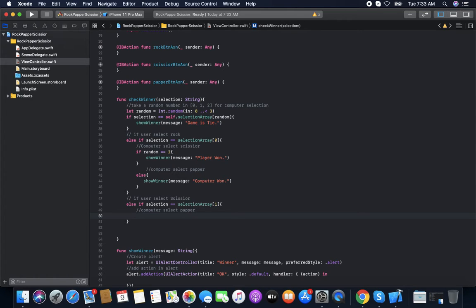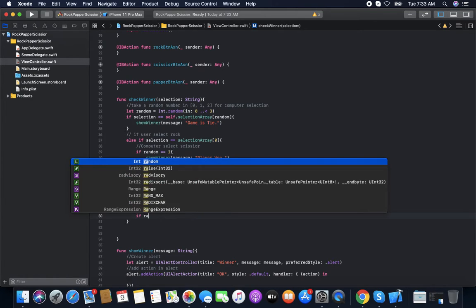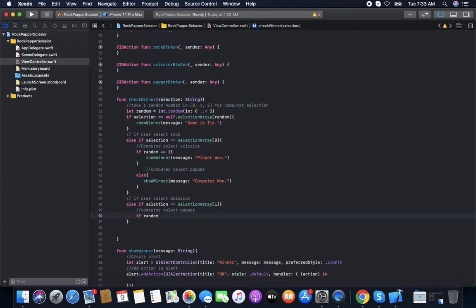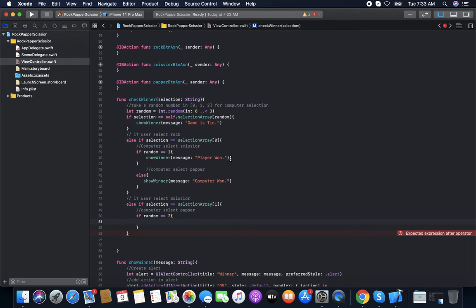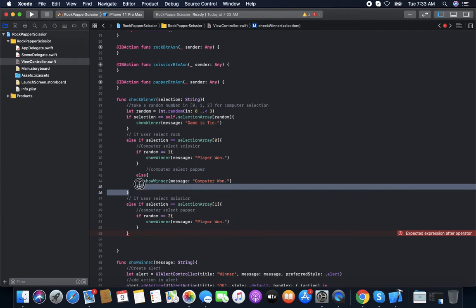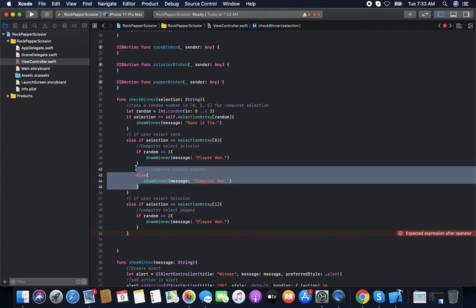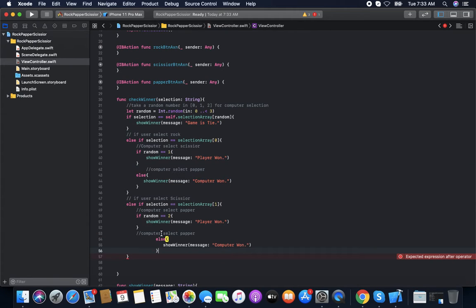So if random equal to two, so same condition, player won. Else computer select rock.